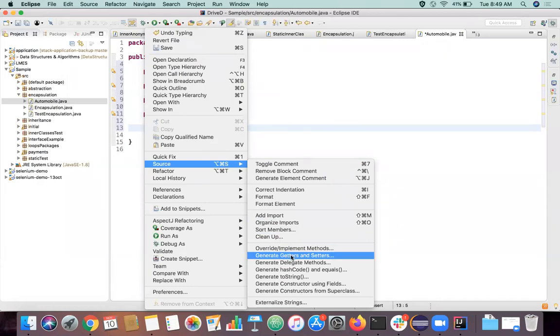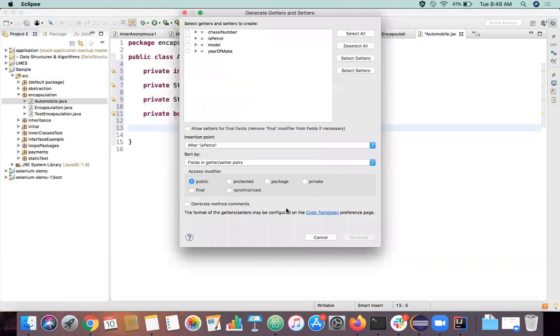This is one of the main advantages, because getters and setters are so commonly used in the industry. Every IDE provides something like this: generate getters and setters. So if you click that option, it asks us for which variables or class members we have to create getters and setters. I'll select everything. Select All is there. I'll choose that, and I'll just say generate.